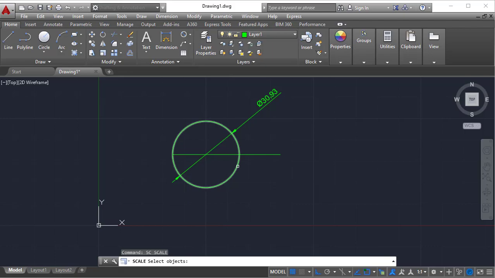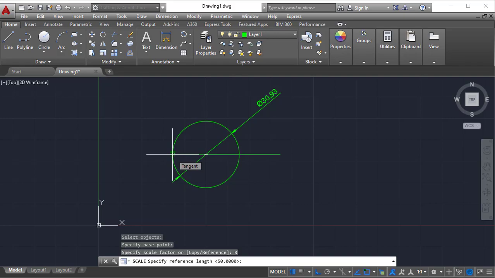SC, enter, select the object, select the circle, click enter, specify the base point. You must choose a proper base point in this situation. Whatever the common point of both objects is will be the base point. After that you can vary the size, but you can't match the value with the normal scale factor. Using only reference you can match it. Steps, please remember: if you click on reference, it asks for the reference length.